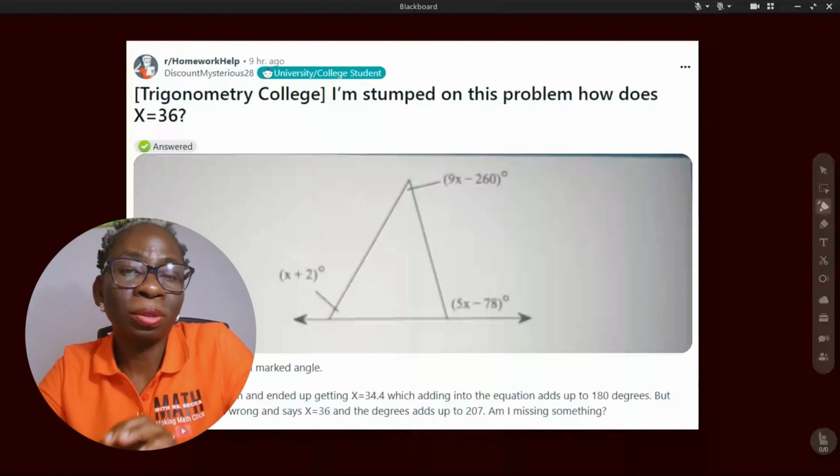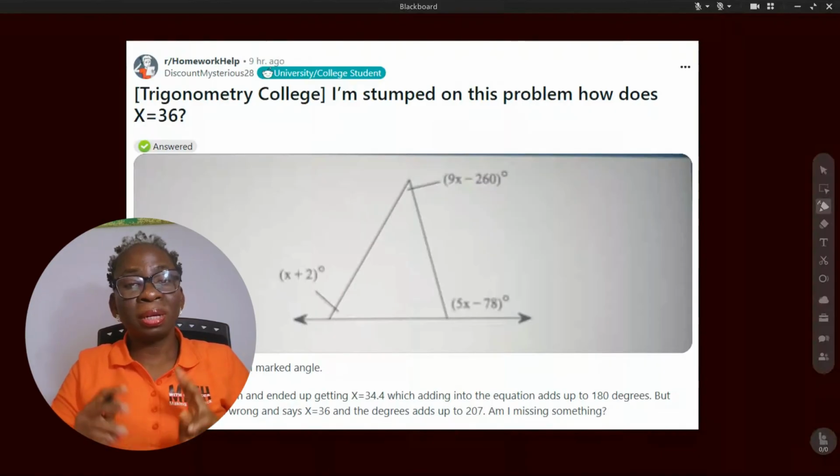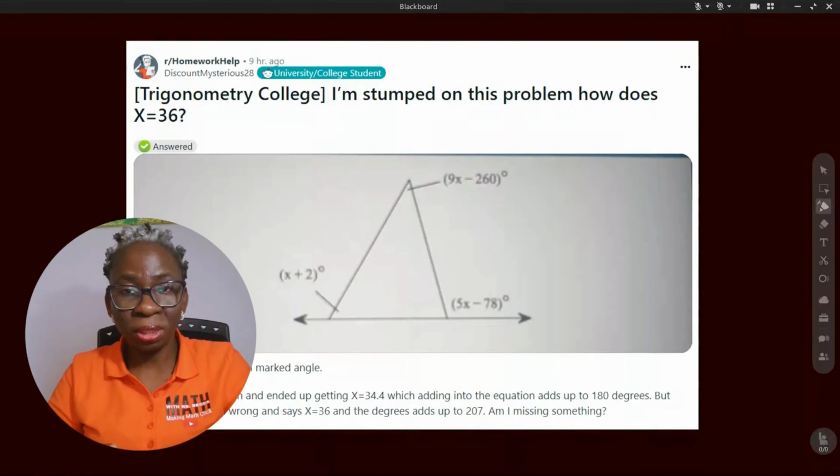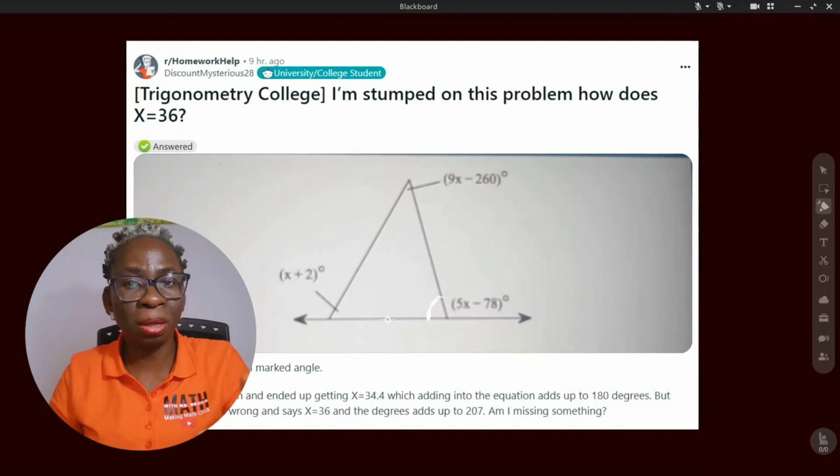I came across this question on Reddit and I thought to give a step-by-step solution. There are two ways to solve this. The first way is for us to first find this third interior angle. After getting this third interior angle, then we add these three angles as the sum of the angles in a